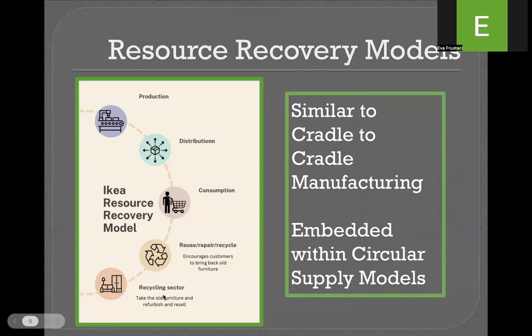So we're taking resources and we're trying to recover them into a new product. This would fall in circular supply models as part of that supply chain towards the end of it. But I will say the circular supply models are bigger. We will learn about cradle to cradle manufacturing in Unit 5.3 very soon. And when we learn about that, it is how can we get products to avoid landfills